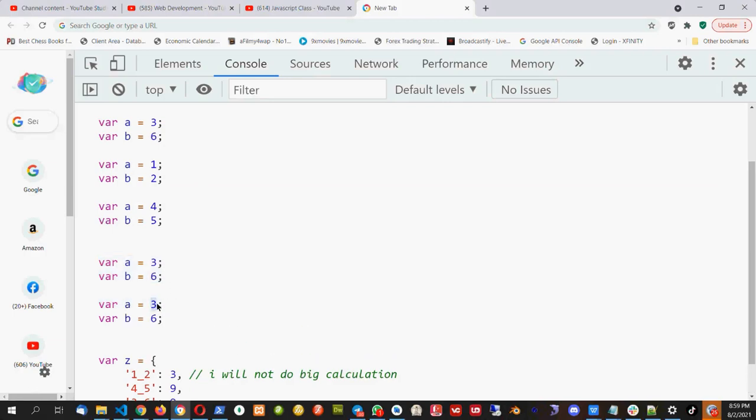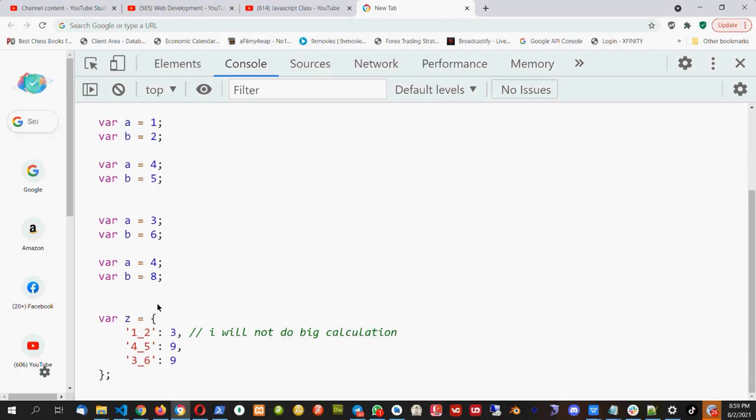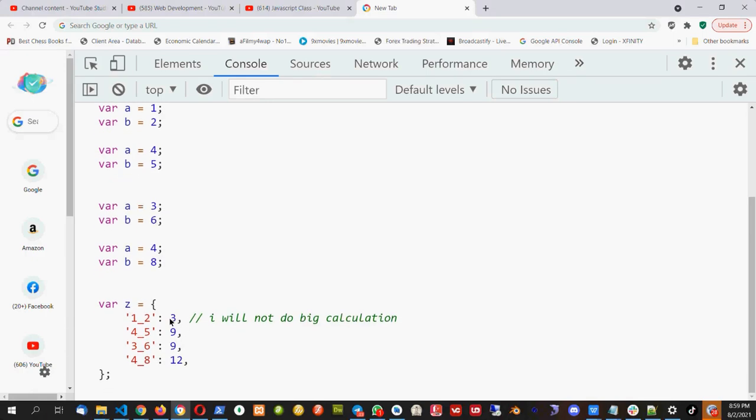Let's say if I pass like this, 4 and 8. Will I do calculation again now? Yes, we will do calculation because 4 and 8 does not exist here in the keys. So we will do 4 and 8 and we will create another row after the calculation, called 4 underscore 8, and I will give the value of 12. Okay. So this concept of doing the calculation again if it is not there and not doing it if it is there is called